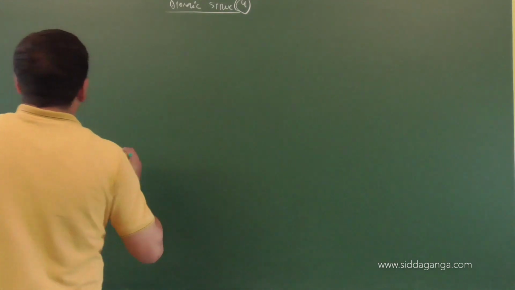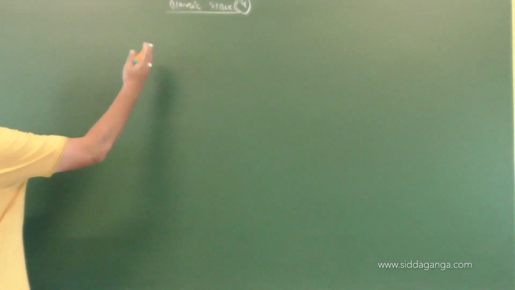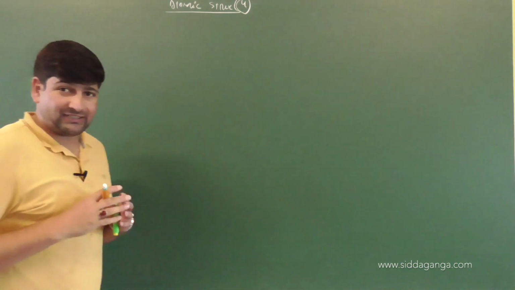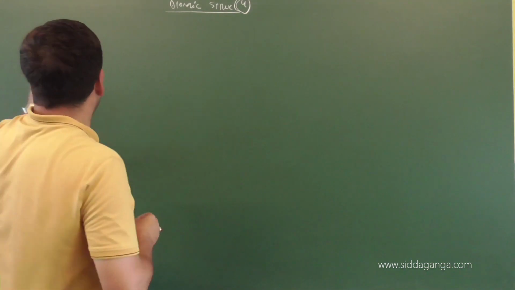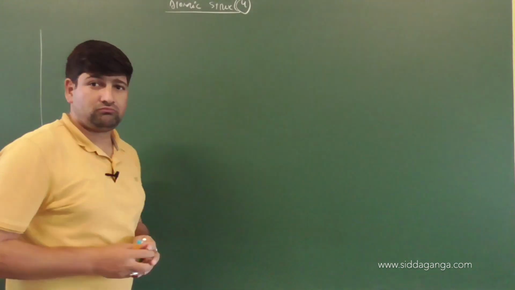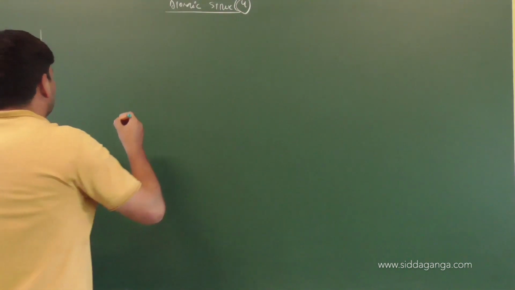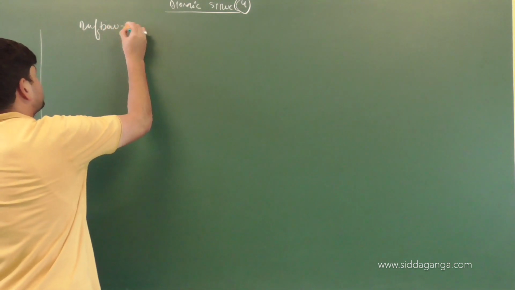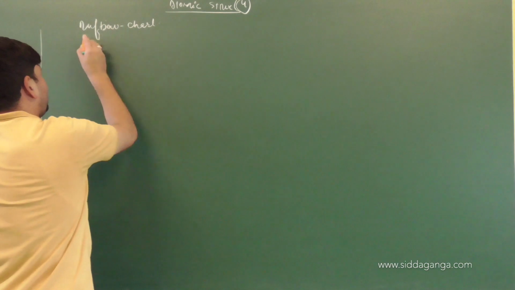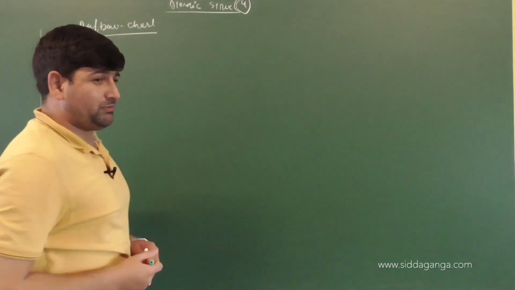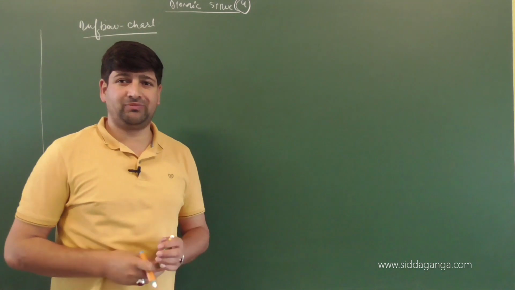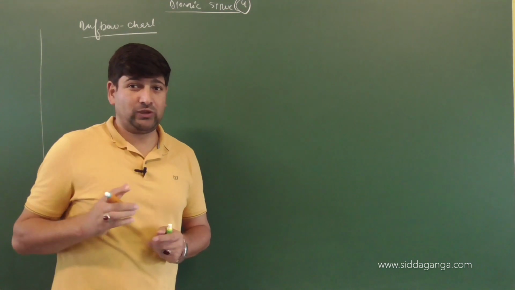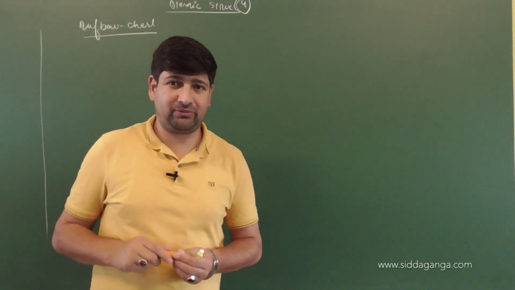Now keeping that in mind, how to write the electronic configuration of various elements, leaving some exceptions aside. I'll discuss the exceptional electronic configuration cases as well today with respect to our atoms. Okay, children? Right. So let us have a look on the basis of the Aufbau method. We have the Aufbau chart, and with the help of this Aufbau chart, we will be in a position to write the electronic configuration of any element, whichever we want to write out. So Hund's rule has to be kept in mind, the n rule has to be kept in mind, and the n plus l rule has to be kept in mind as well.